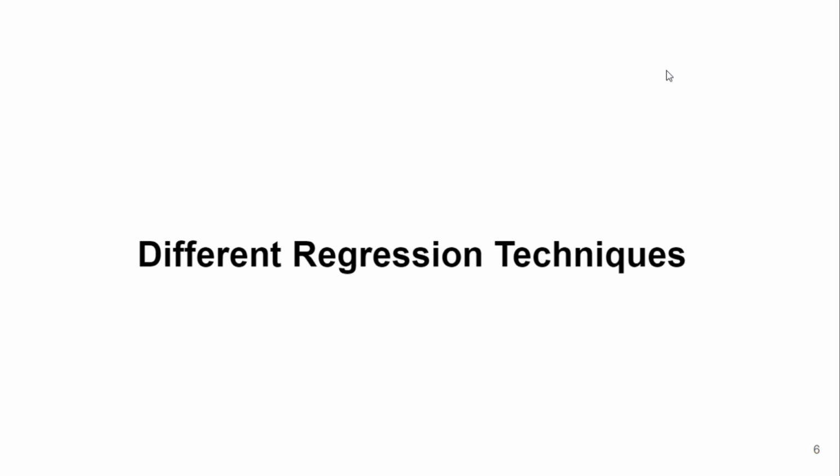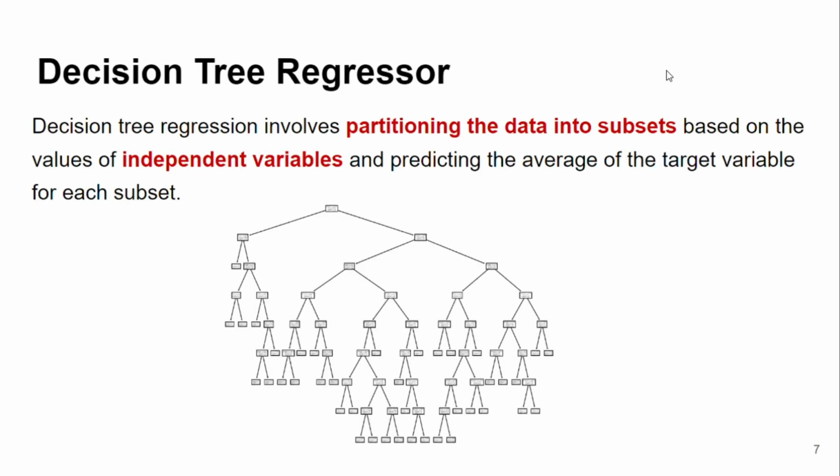So first of all comes decision tree regressor. A decision tree can be used in classification, and it can also be used in regression. So what is a decision tree? A decision tree basically splits the data into different subsets. Each subset verifies a specific attribute of the data, and then the data is passed on to the next subset, and then as shown in the figure,